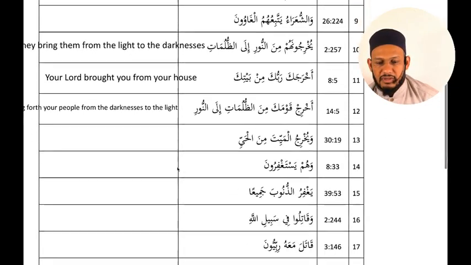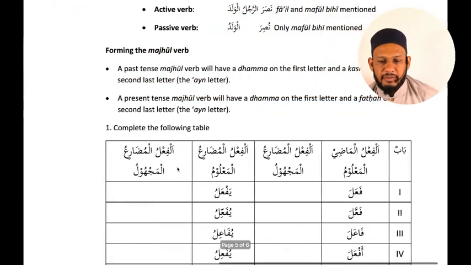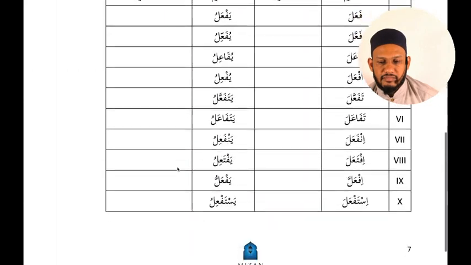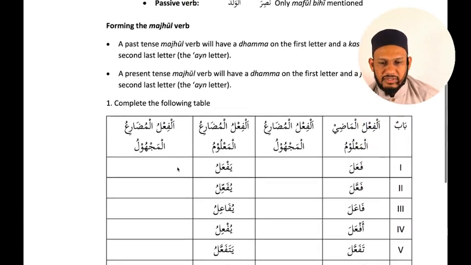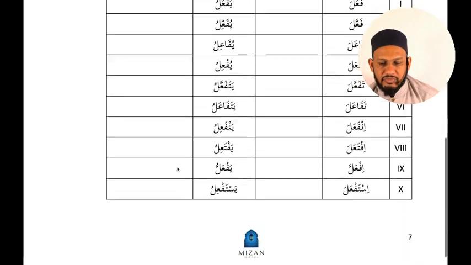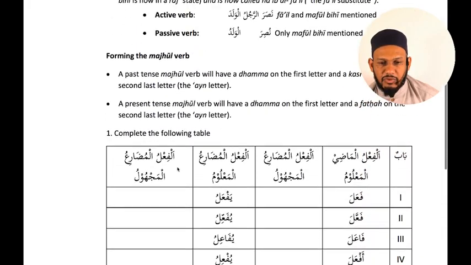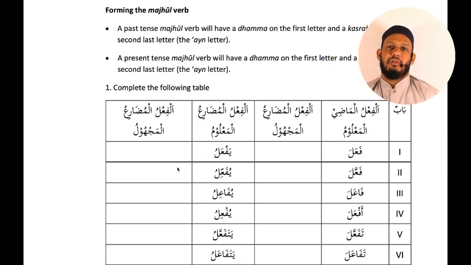Okay, so I'm going to not do new nahu now. What you can do for homework for me, inshallah, which will be a good exercise, is you can just do the next page, which is page number 7. I won't do na'ibul fa'il now. I'm just going to explain to you how to do the majhul verb, because even whichever year you are, second year, third year, dawra year, you haven't done the majhul verb in the mazid fihi yet. So let's read through it quickly.